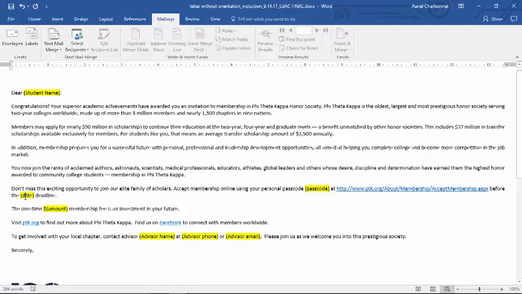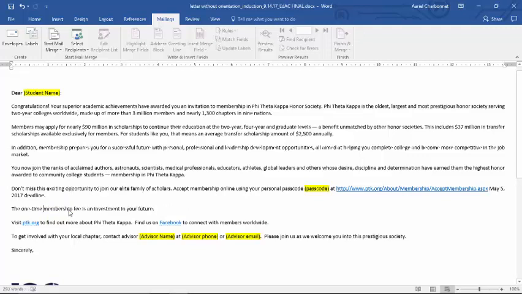Date is in the 5th paragraph down. This is your enrollment period deadline. I will make up a date of May 5th, 2017. You want to be sure that your date isn't part of the hyperlinked portion immediately preceding it. Now that you've inserted your date, you can move to the next paragraph and insert